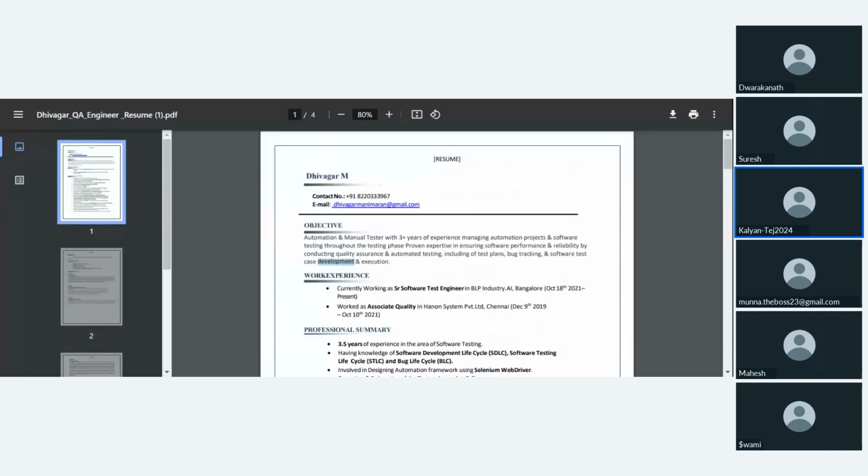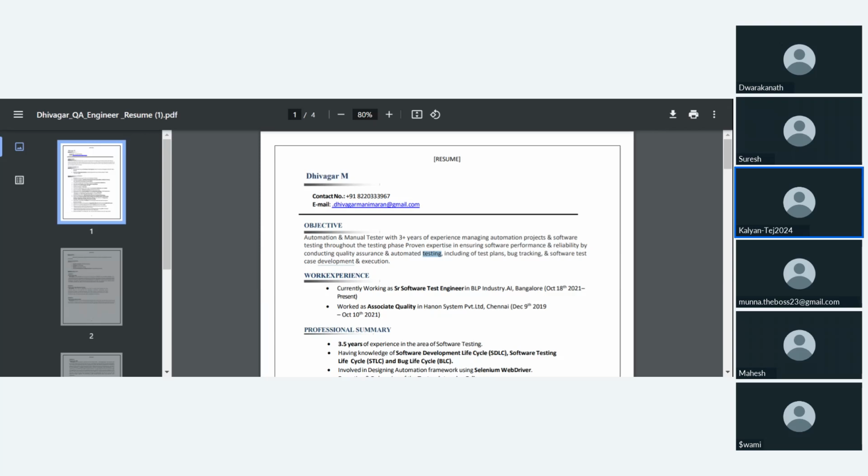Okay, you can add the objective as automation. Like always, I have it in the objective. Just do not write it in a general way, don't be so generic, like "I am looking for an organization which provides me job satisfaction." Don't be so generic and casual. I always recommend you add most of the technical words in your objective. Okay, this impresses the recruiter.